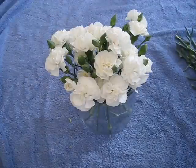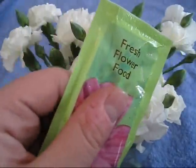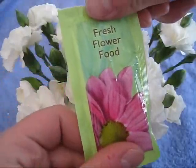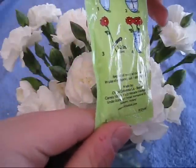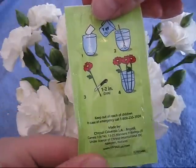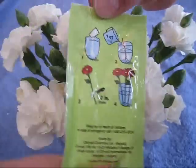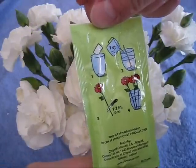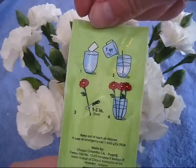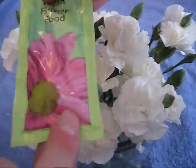using them decoratively somehow. Okay, so our last step is going to be to add in our fresh flower food, and this is essentially just a mixture of like a sugar, and that's going to give the plant its energy. Now there are no real instructions on this aside from these pictures, but it looks like you're just gonna